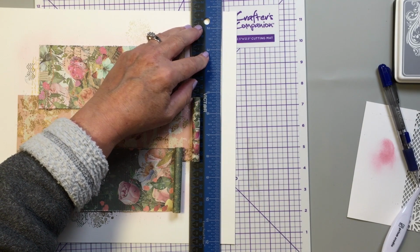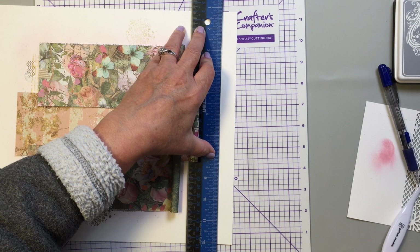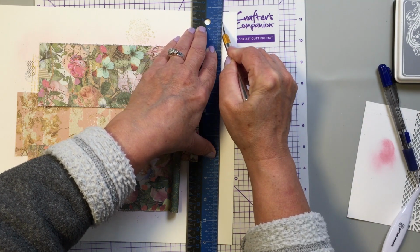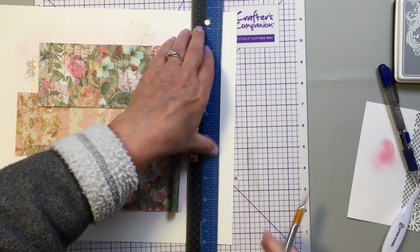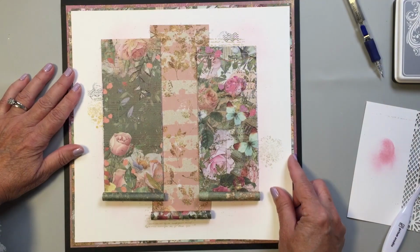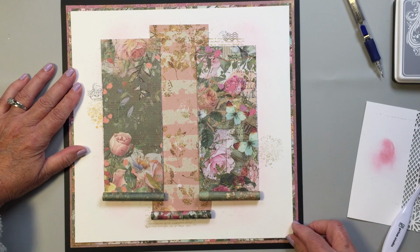So I'm sizing down the white paper slightly. I did have to use my craft mat and blade for cutting this side because of that rolled paper. It wouldn't fit into the trimmer, but I just drew a line with my ruler where I needed to cut it, and then I just used the blade and my mat there to cut that. So now I've got this all trimmed out to the right size so that it fits really nicely onto